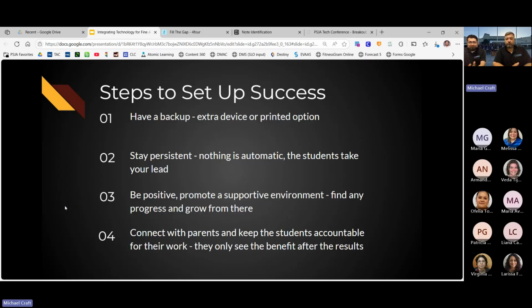So whenever we're done with our lessons, we sit down and call parents, positive phone calls, negative if we have to. You know, hey, your kid's not showing up. I want them to show up. He plays great in class. I just want him to do his assignments. And then, well, what assignments are you talking about? And that's when you get to explain.